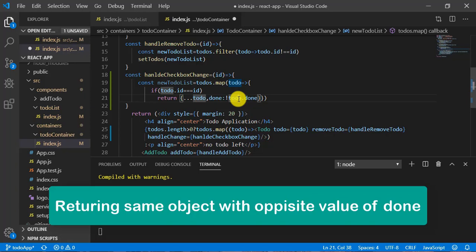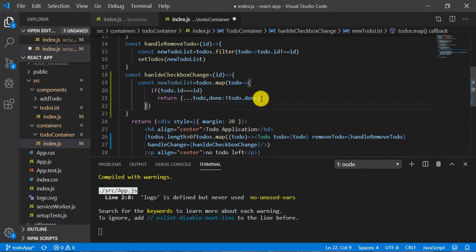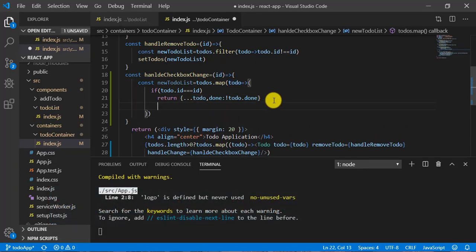If the value was false before, it will return true. Now for the others, if the condition is not satisfied, return that todo. Once the condition is satisfied, I will modify the object, change the value and return it back. And if the id is not matching, return the object as it is.